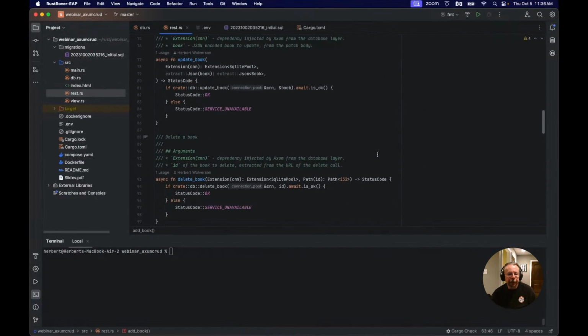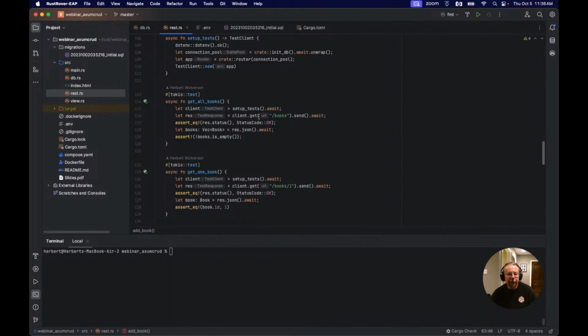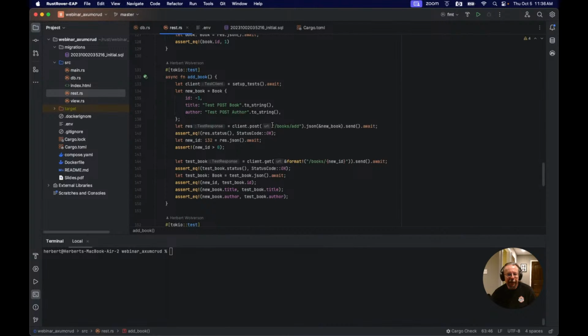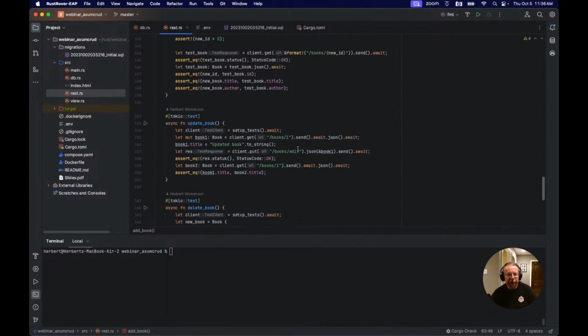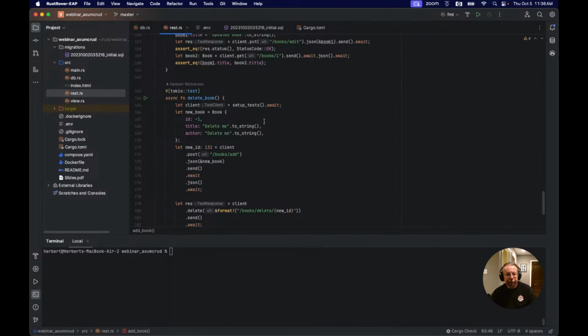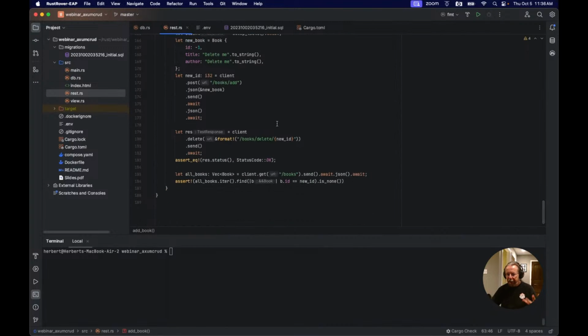When you go through the code, you'll see that we have get all books, get one book, add a book, which follows the same pattern of adding a book and then making sure that it's there, update book, which gets a book, updates the book, makes sure the updates are there, and delete book, exactly the same pattern we used before. It makes sure that all of our API endpoints are fully covered in unit tests, and you have a working system that you can just run